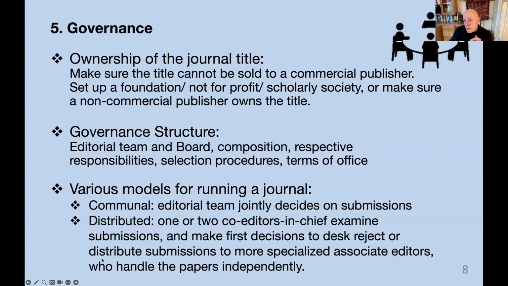And then I'm coming to an important part, a part that I think is really important for setting up a journal, which is the governance. How do you govern a journal? First of all, there's ownership. As a Diamond Open Access journal, it is very important that you make sure that you own the title, and that you make sure that it cannot be sold to a commercial publisher or that a commercial publisher cannot capture it. So you need to set up a foundation or find a scholarly society or not-for-profit organization that can legally own the title. Because as I found out to my own expense,